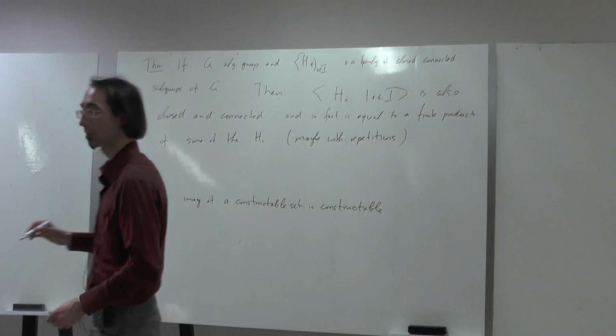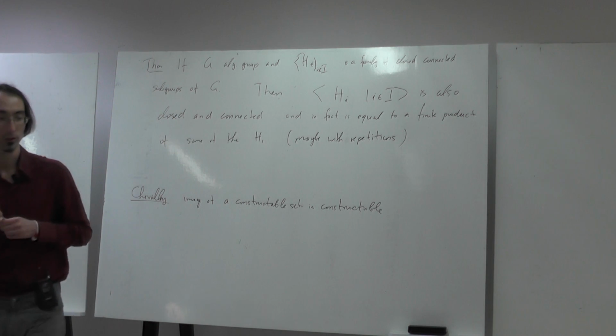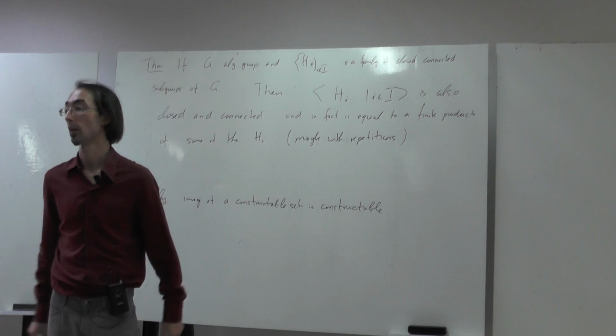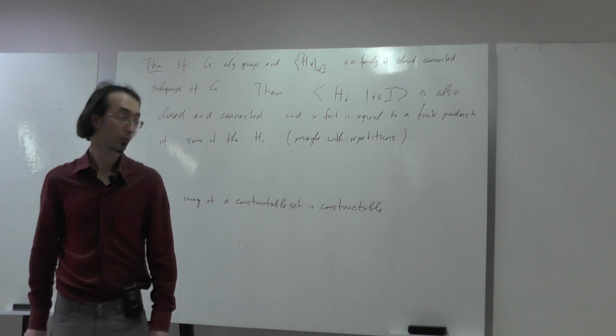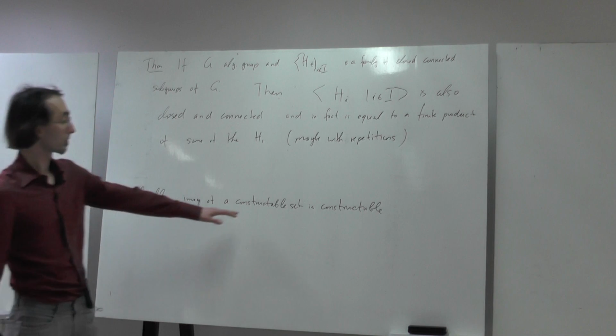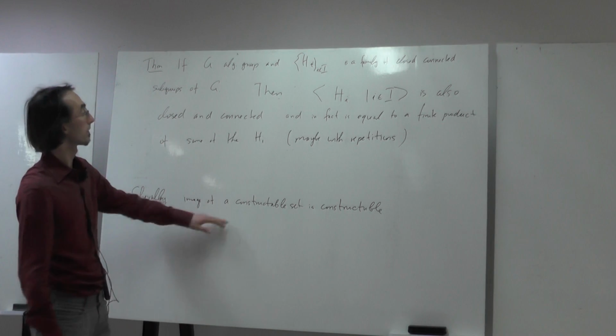So constructible sets, by definition, are the sets in the Boolean algebra generated by open and closed sets of G. You can show that a constructible set is basically a finite union of sets, each of which is dense in its closure, and using this